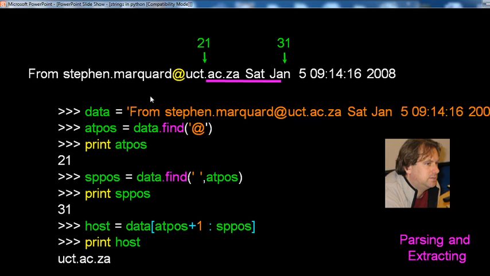Again, suppose from a second example we are given a string with uct.ac.za, and let's see some examples.